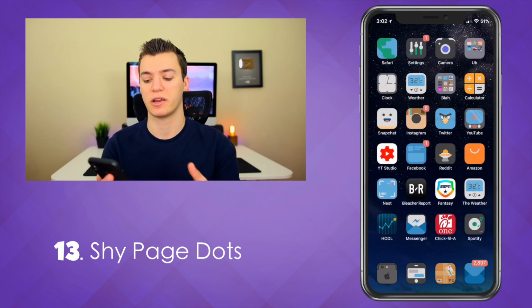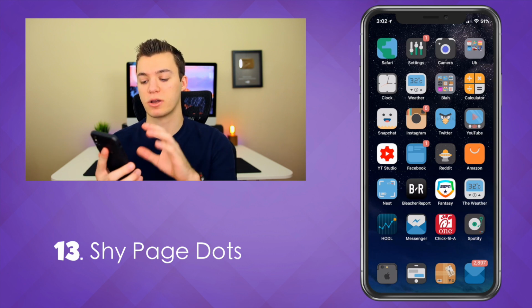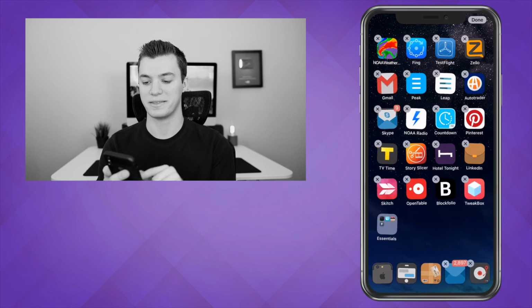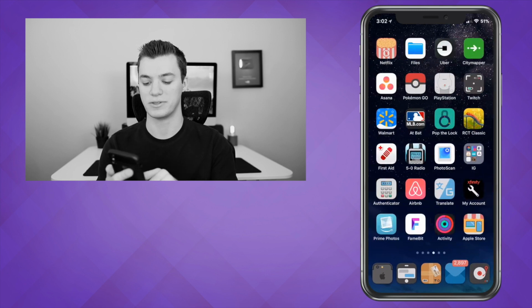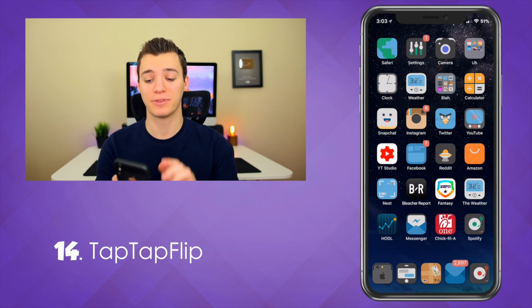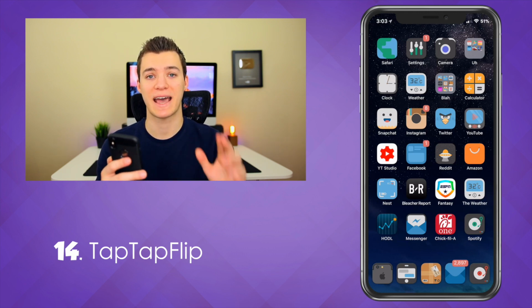If you want to take a screenshot, if you just want that clean look, it still goes away, so you have that clean look on your device. Let me just go ahead and put this music app back in the dock. That goes away sometimes when I go into safe mode. Much better. So anyways, the next tweak is called TapTapFlip, and all this does is simply gives you the tap